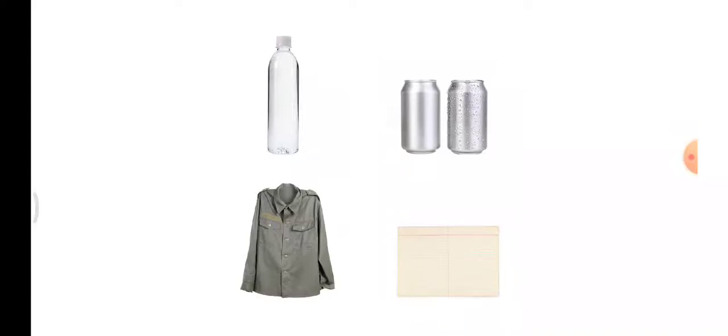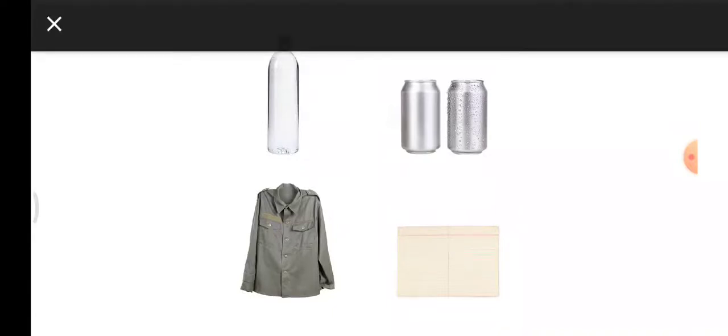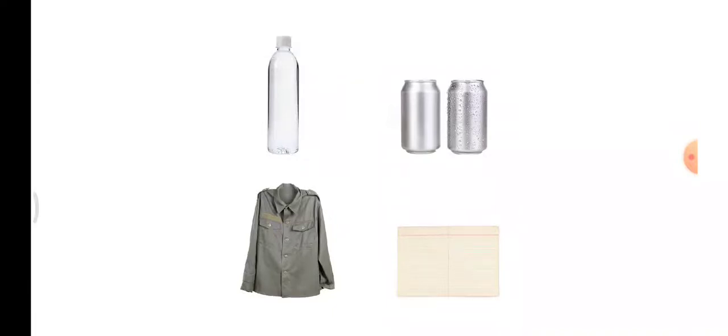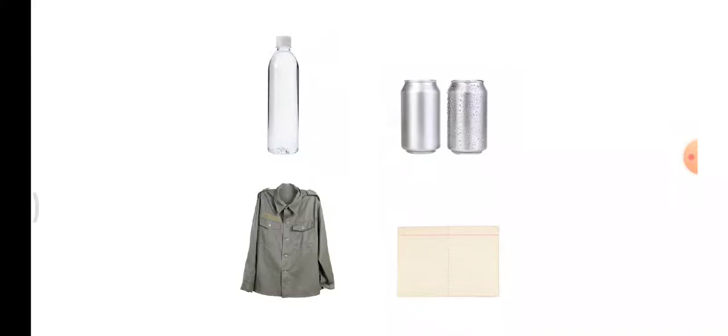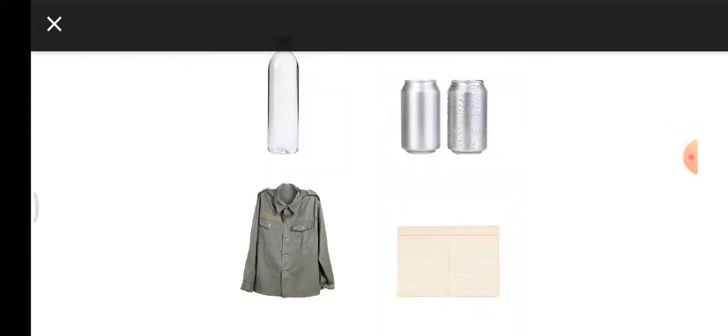The old shirt can be stitched again into a cotton bag, which you can carry to the nearest shop to buy groceries. Reuse the cotton bag again and again. The book in which you have written notes, if it still has some pages in it, you can take out these pages and stitch a new book, or use a staple. You can staple it into a new book and reuse it again. Right? These are some ideas. You can tell me your ideas, right? What can you do with this bottle, can, shirt, and book? You should tell me what ideas you have.